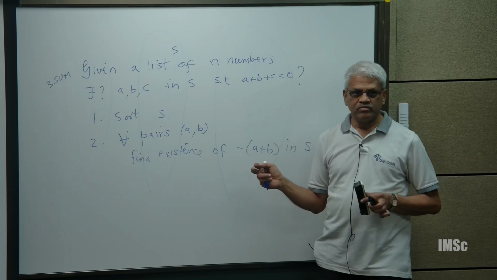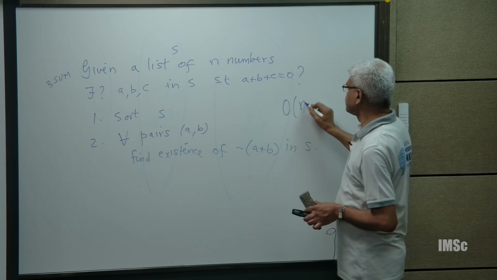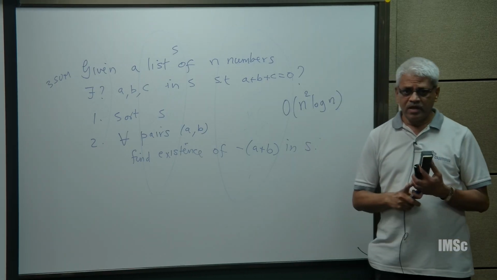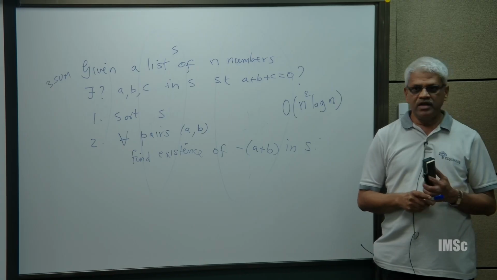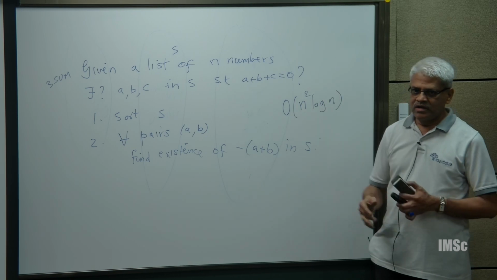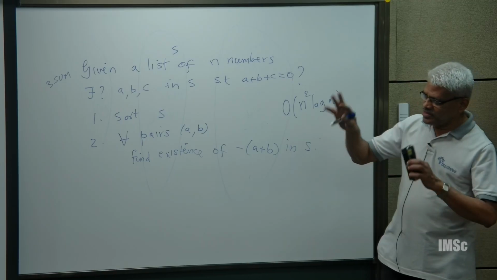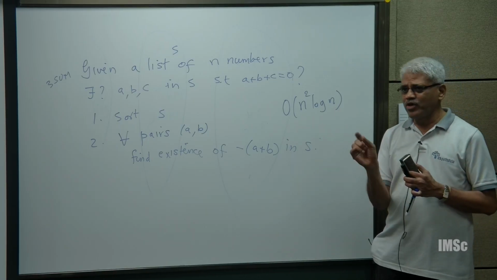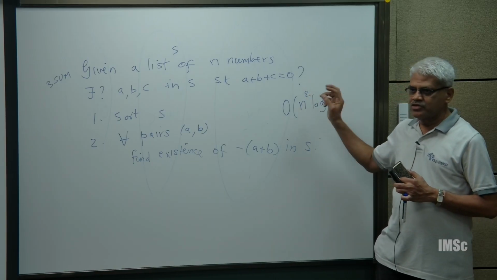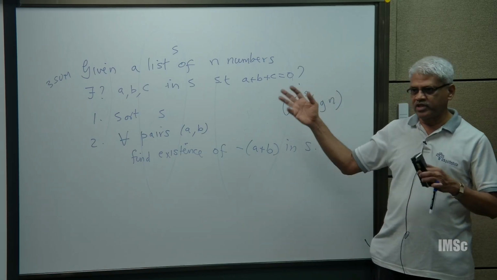Is that clear? So that's n square log n, which is an improvement from n cubed. Plus an n log n to do your initial sort, but n square log n absorbs that. In all these questions, we are going to ignore the polylog term, so we are really bothered about the exponent on n. So is there an n to the power 2 minus epsilon polylog algorithm for this?